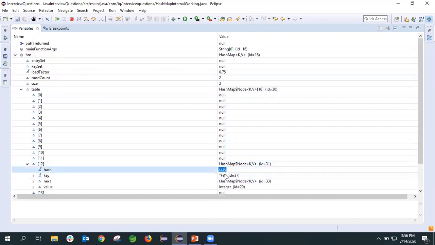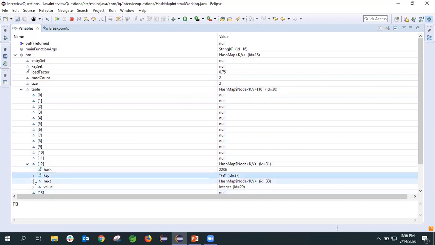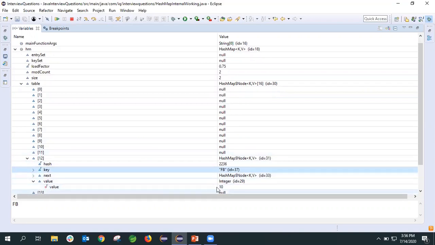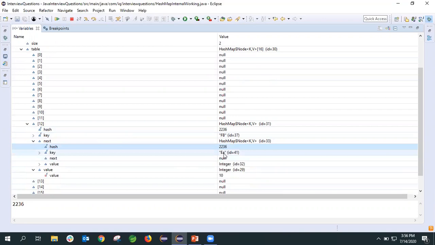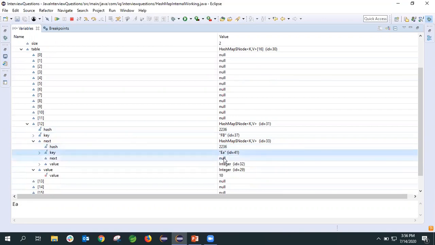Hash is 2236, key is FB, and value is 10. And in the next, previously we saw null. Now see, in the next we have another node with the same hash code, key is EA, next is null because we don't have any nodes further, and value is 1.